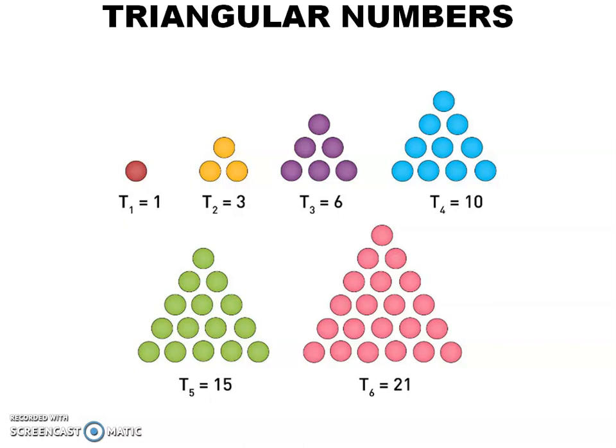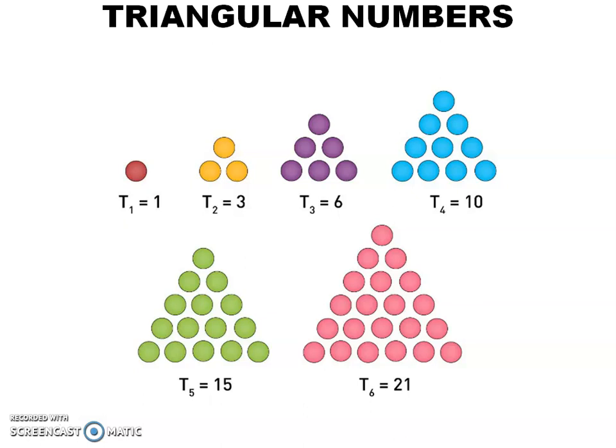You don't have much to think about it. You have to learn what square numbers are, what triangular numbers are. So what are square numbers? 1, 4, 9, 16, 25, etc. And what are triangular numbers? 1, 3, 6, 10, 15, 21, etc. Okay. Now what you have to learn is the relation between a square number and a triangular number. What is the relation between a square number and a triangular number?